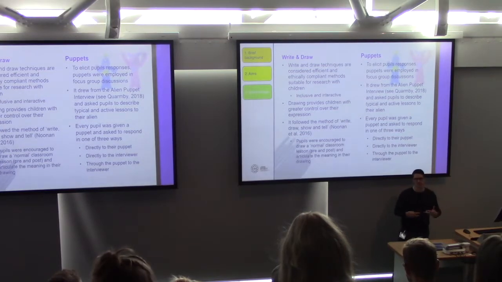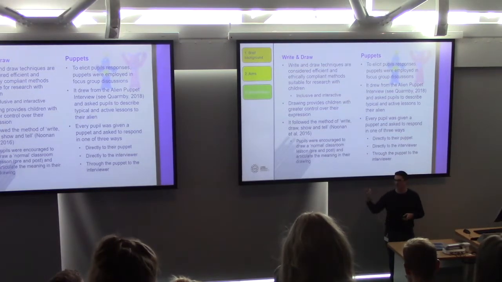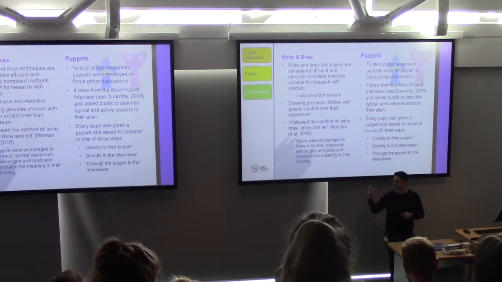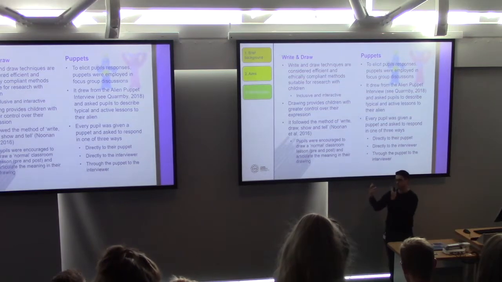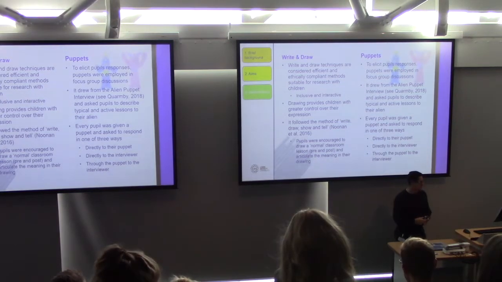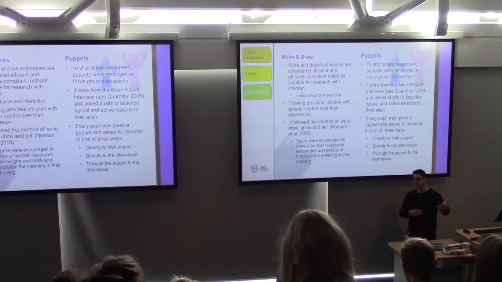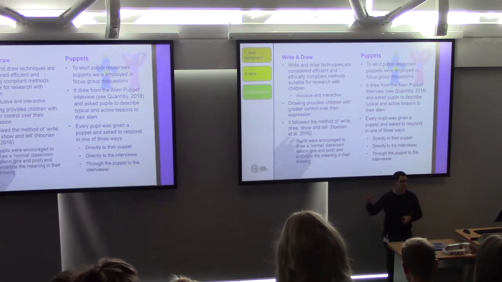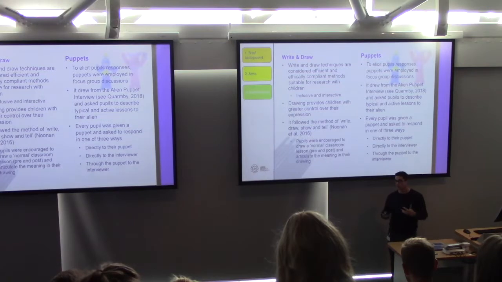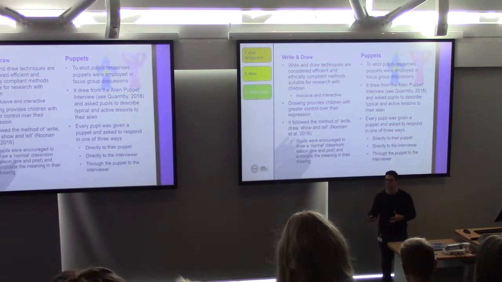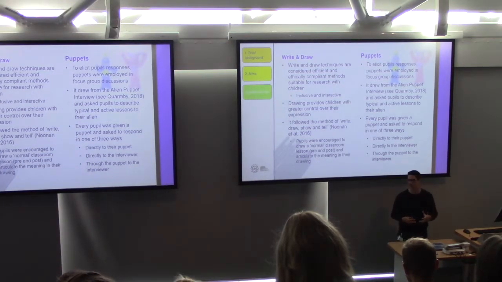They could respond directly to their puppet, so they give their puppet a name, real great names like Dave, Bruno, real alien names. So it was child talking directly to their puppet, or they spoke directly to me as the interviewer and just left their puppet, just played with it and made a squeaky noise with the tongue that they do, or they spoke through their puppet to me. So they really took on the persona of Dave or Bruno, told me about their journey to this planet, how great it was, and then started to explain what they thought about classroom lessons.